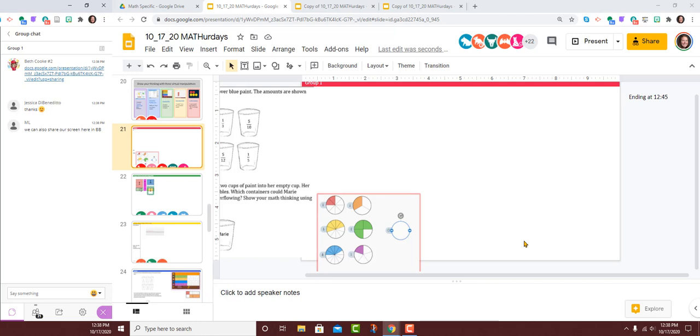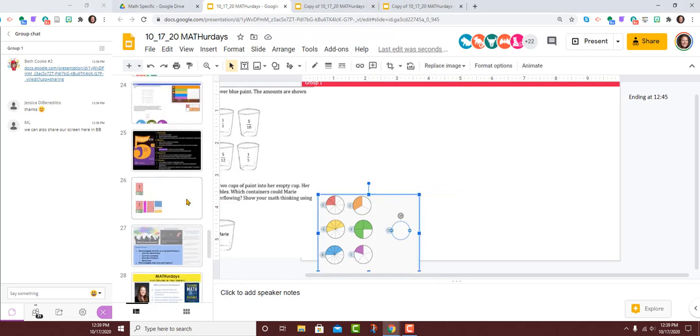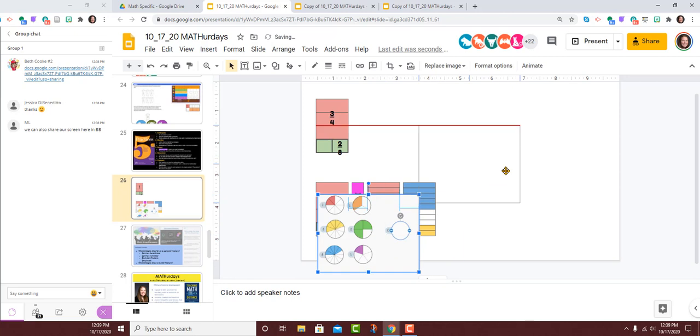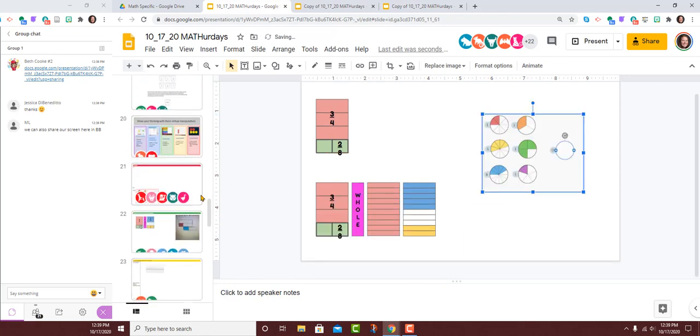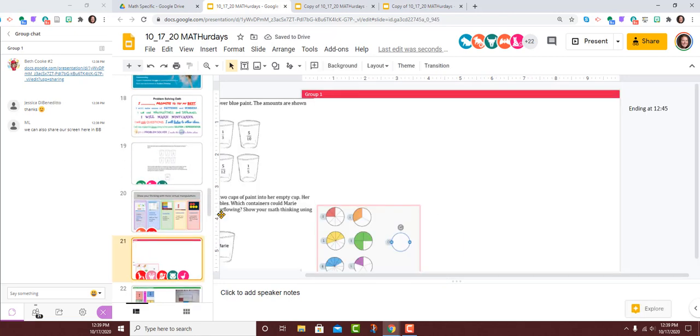I just created the cups, and what's really cool is that you can drag those circles on top of each other and turn them. They overlay, so you can see, if you put 2 together, how full that circle becomes. So that's what I'm trying to do now, is move them around and see if I can find 2 that don't have any overlapping, because then that means that that whole isn't full.